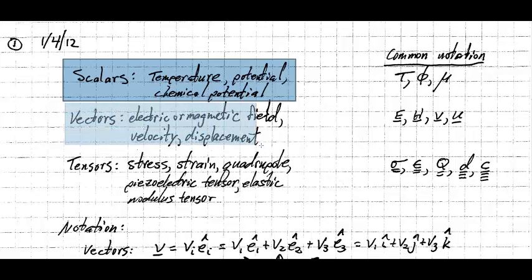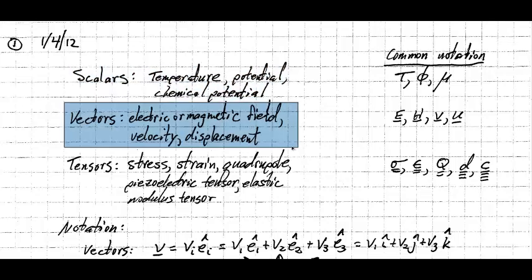Vectors or first order tensors include things such as electric or magnetic field, velocity, and displacement. So they have a magnitude and direction. So electric field, magnetic field, velocity, displacements. Tensors include everything above first order